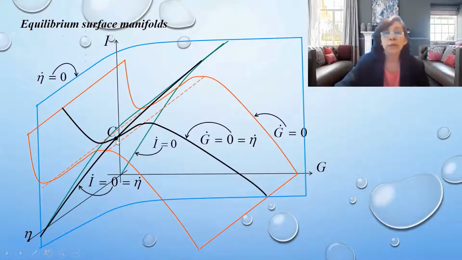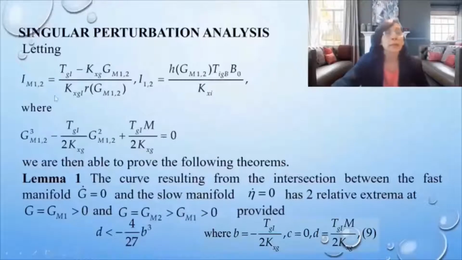So it's the equilibrium point. Letting I sub m 1 or 2 be given by this expression, and I sub 1 or 2 be given as this expression, where G sub m1 or 2 are solutions of this cubic equation here. We can then